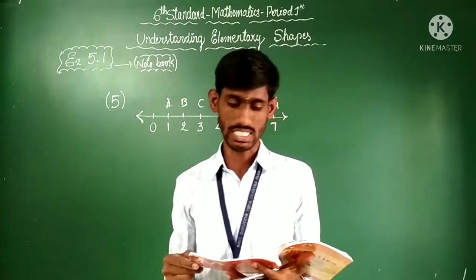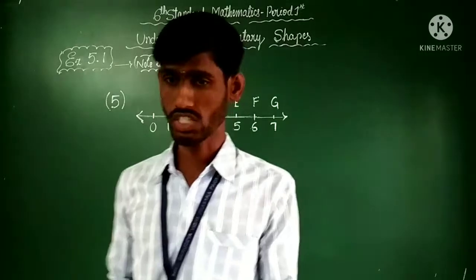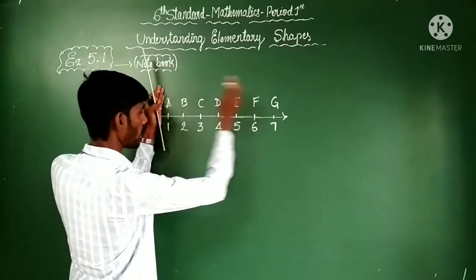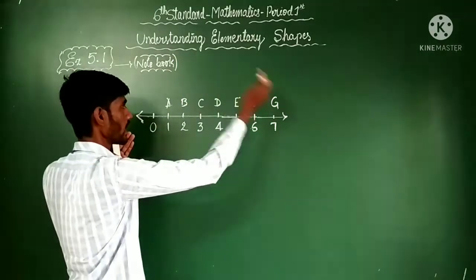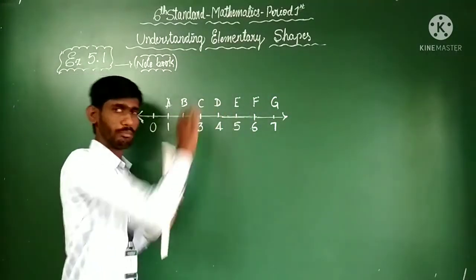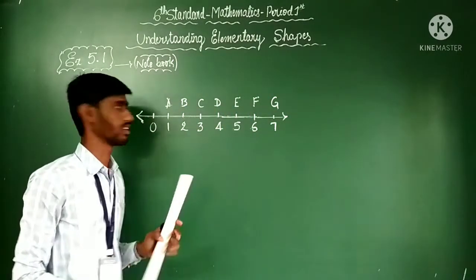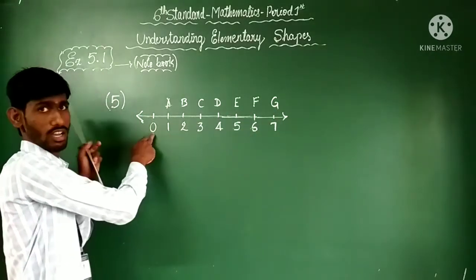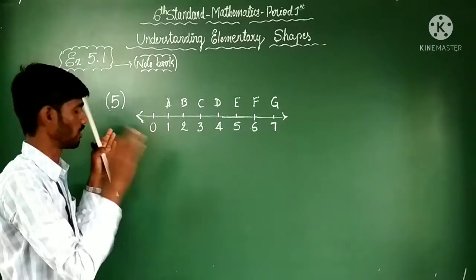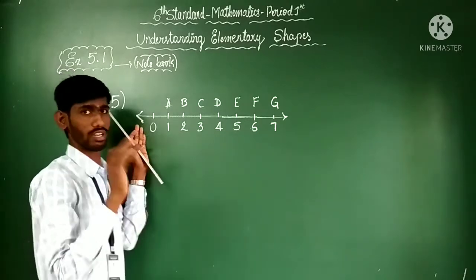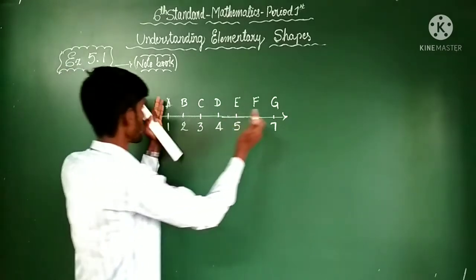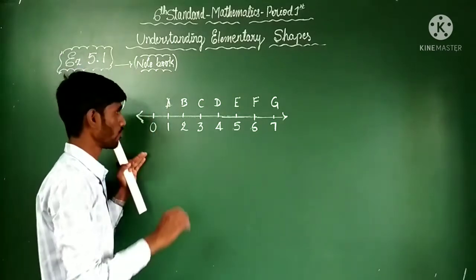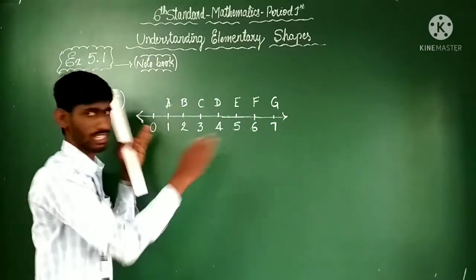Verify whether D is the midpoint of AG or not. Dear children, you start from A and end at G. In between A and G, whether D is the midpoint or not. This is the question. Dear children, there are points from here to here. Just this is the extra point. Okay, no need to worry about this point. Just start from 1 to 7. How many points? There are 7 points. Just remove the points on either side.